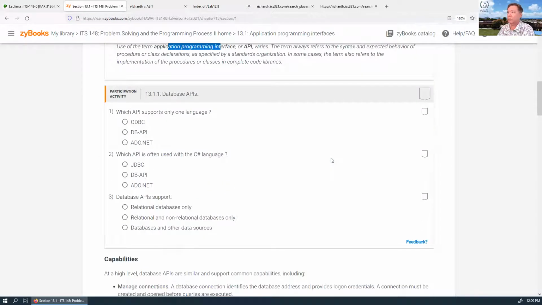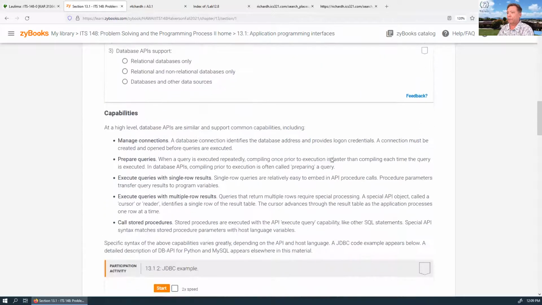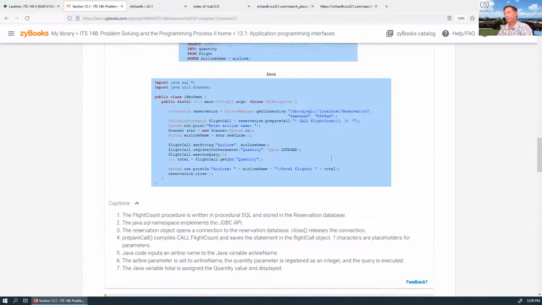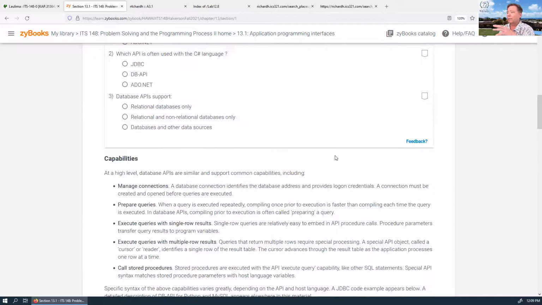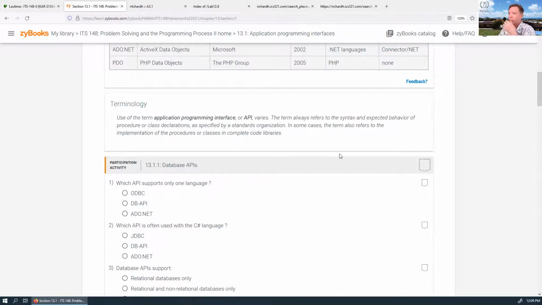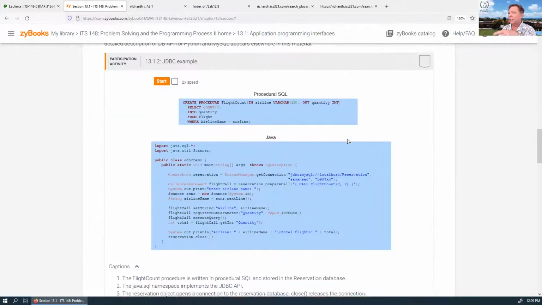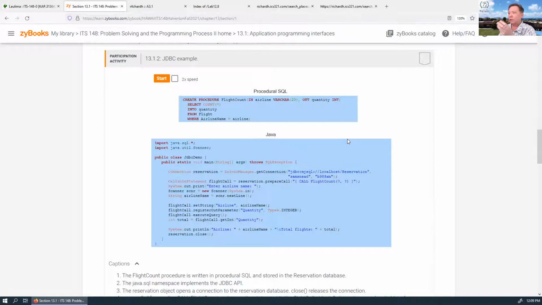That doesn't really make too much sense to me. Anyway, this particular section here talks about the facilities in languages to allow the programmer to access the database. And for example, here is a